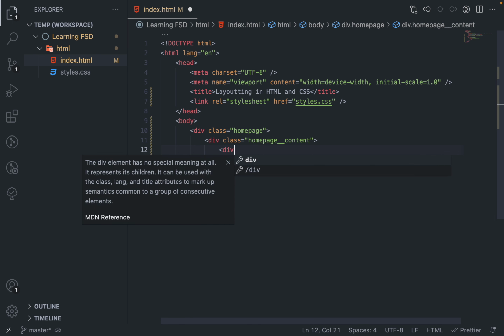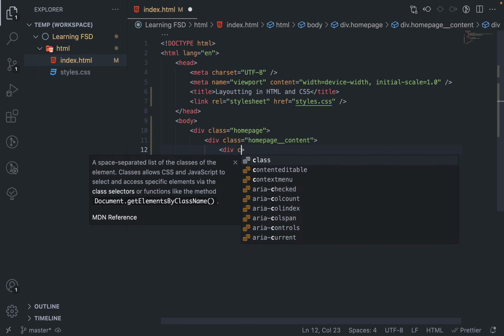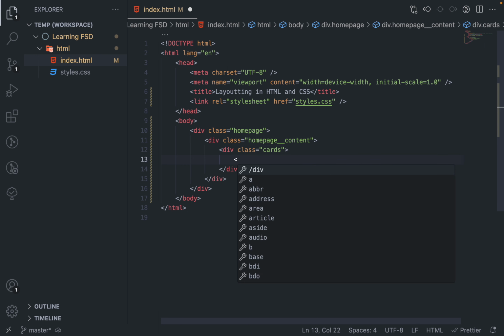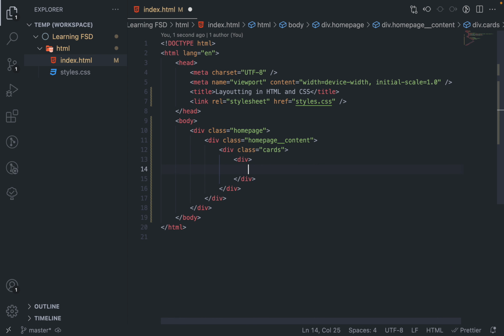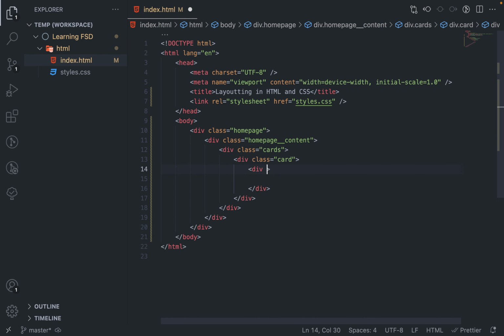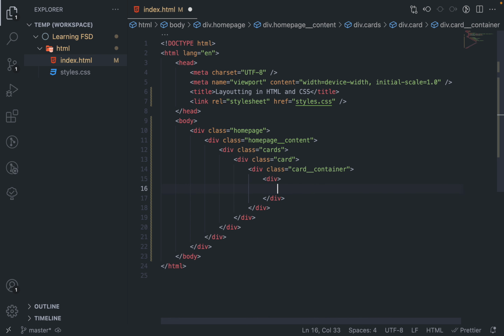Then what we are having, we are putting our cards here. So we will have our cards. Okay, so basically this is what we are having. Now in card what we are having, we want multiple cards spread across vertical or horizontal line. So what do we want here? We want card here, not cards. Okay, card here. This card will have its own width, height, everything, margin, spacing, whatever that we call it, right? So this card should have its own container as well. Okay, and this container will have another thing that is called container, and then content.